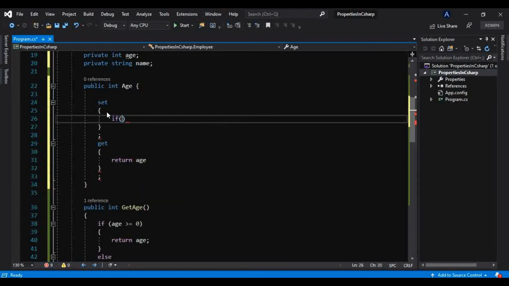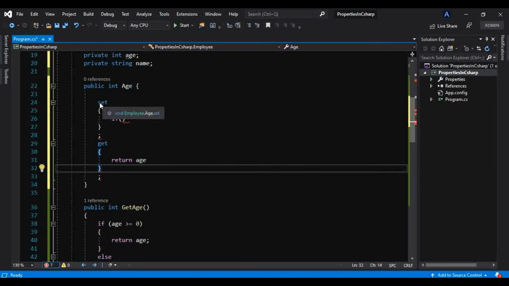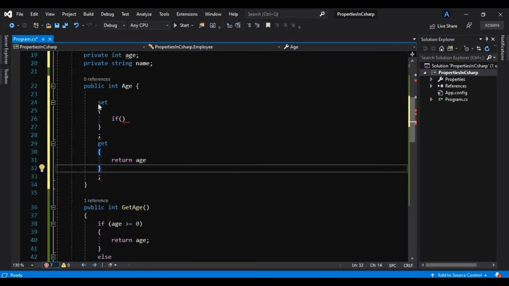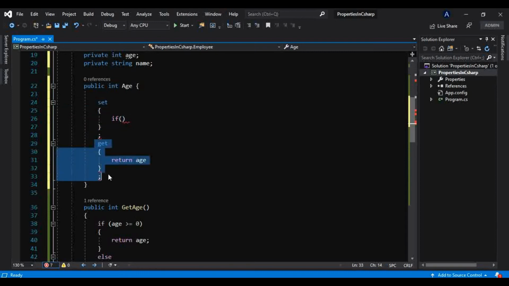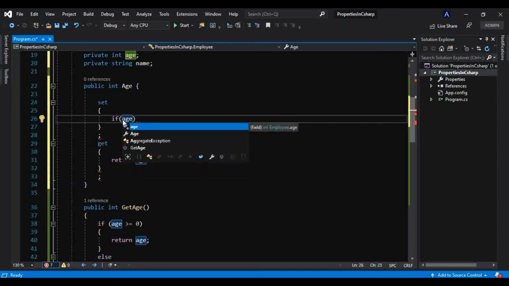So instead of having setter and getter methods and having conditions separately in them, we can have a single property, and you can store this setter and getter inside it, basically this set accessor and get accessor, and inside that you can have your conditions like this.